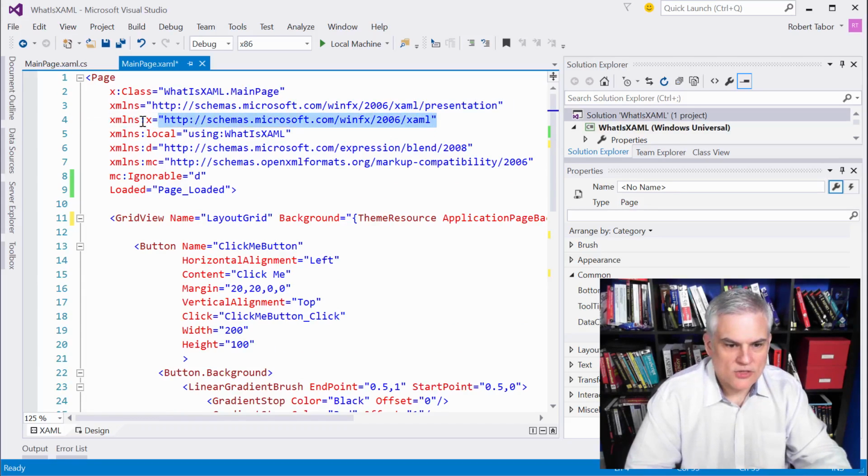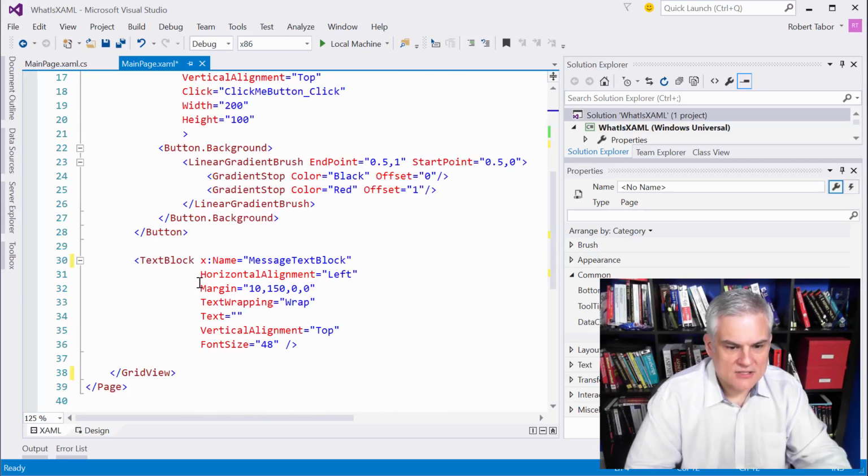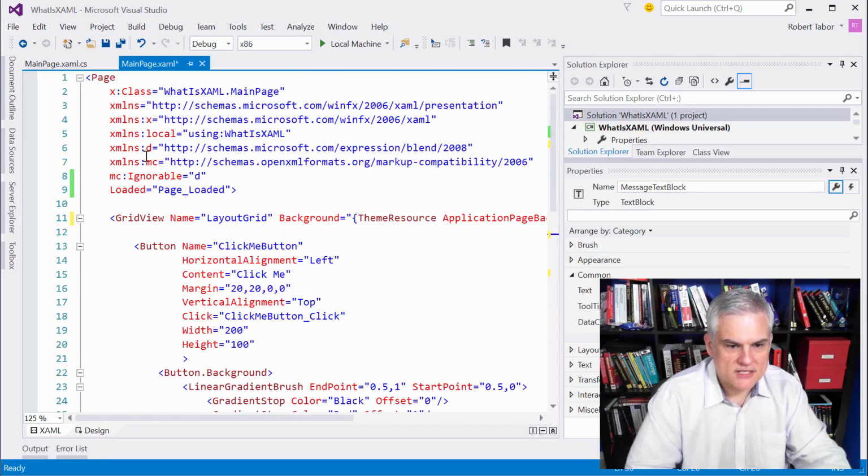So the namespace allows us to say that a given element or a given attribute is defined at a given